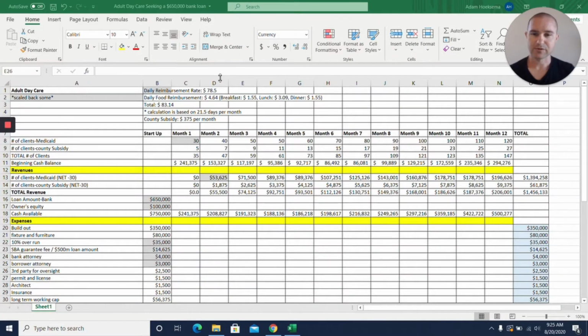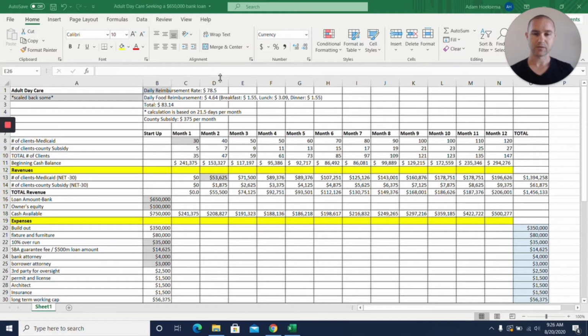Hey, this is Adam Huxma from Projection Hub, and today I am going to walk you through this adult daycare projection. Now, this was a client that was looking to get a $650,000 SBA loan to help start an adult daycare. And this is the file that they sent us, and then we kind of completely revamped it,